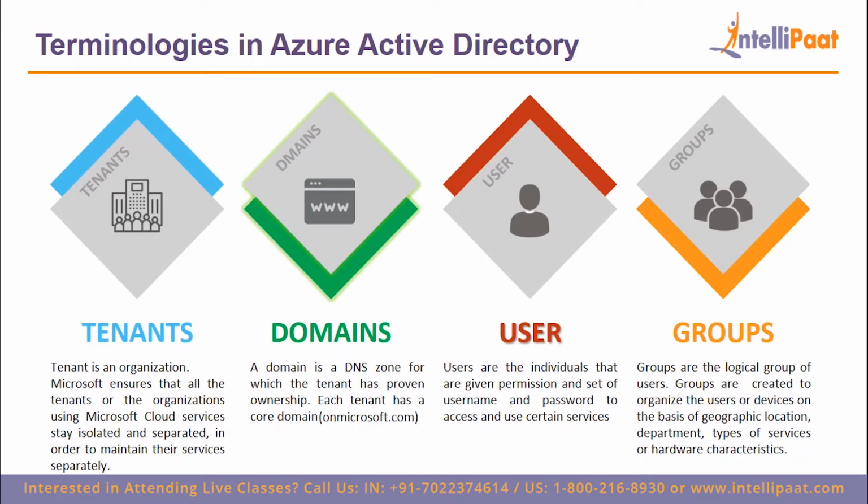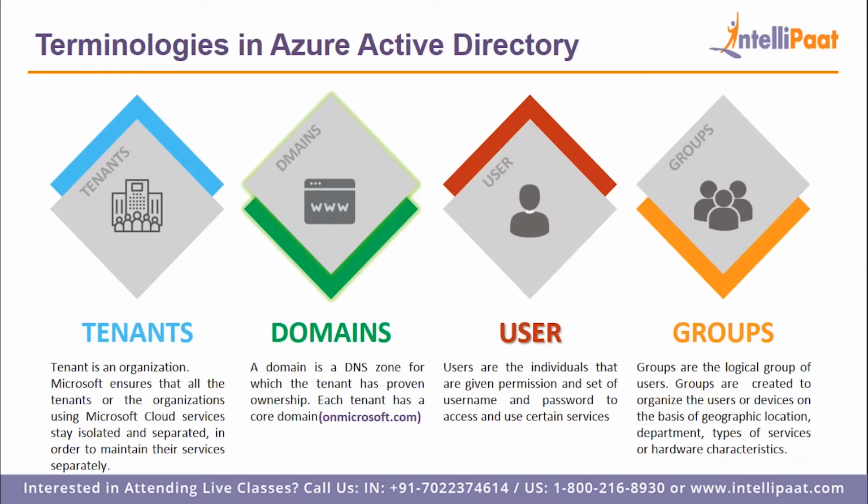So in most cases, organizations use this domain for their own websites or applications, so that the user base of those organizations can access their websites or applications using these domains. When you create an Azure Active Directory, you get a default domain with your Azure Active Directory. It's usually in the format as shown on your screen, that is onmicrosoft.com. The prefix of this domain depends on the name of the Azure Active Directory. That means the organization gets to decide what would be the prefix of this domain.